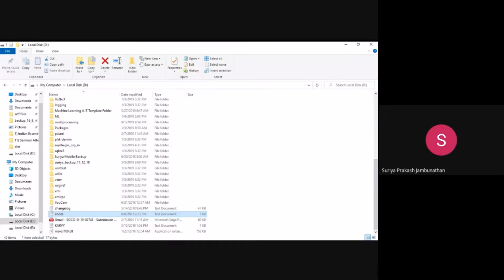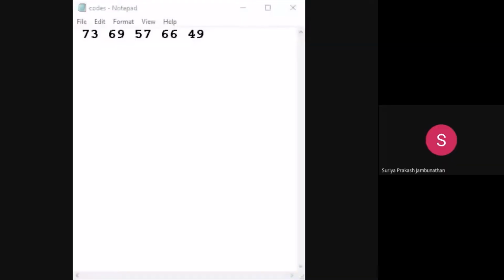Now I will share the txt file separately. Students, are you able to see the codes.txt file what I shared with you? Is it visible, students? Please tell me.